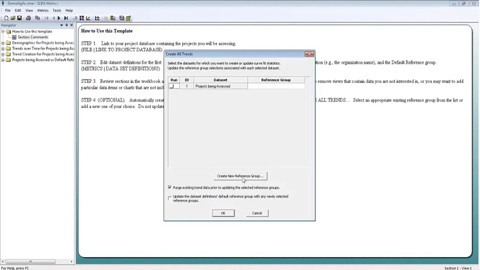Now I could create a brand new group, but I happen to have already done this before, so we will simply select the Agile Trends with Tuning Factors. It's a group that I set up earlier. And just in case it had some trend data from earlier, I'm going to keep the option to purge any existing trend data. And so once I click on OK,